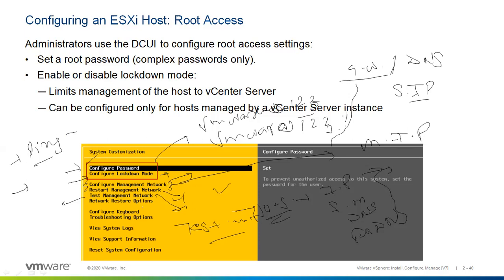If I say the management restore option, it means that whatever changes we have done here, we have assigned IP, subnet mask, DNS, default gateway, all these will be flushed out because we have restored. Keyboard language, nothing. Troubleshooting option, where we will configure the ESXi shell